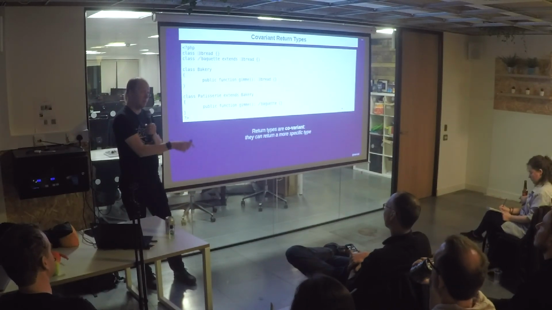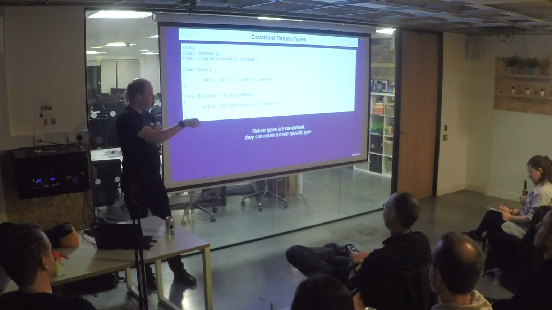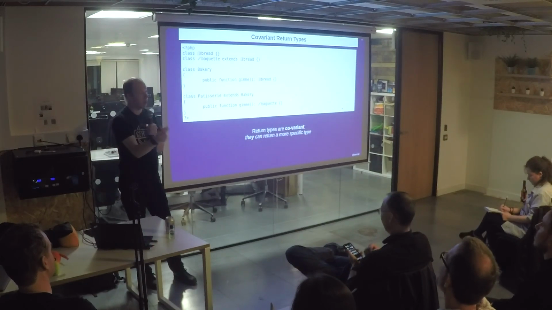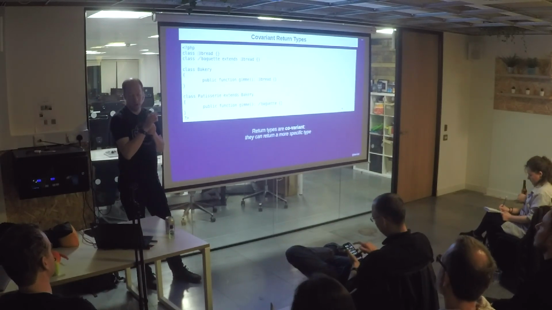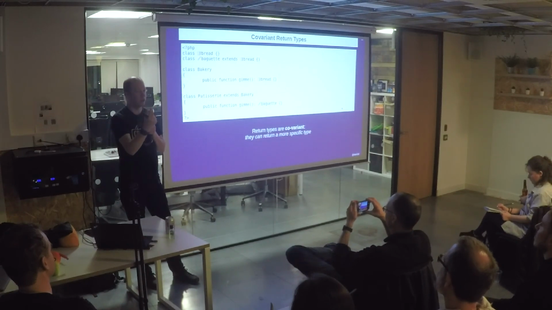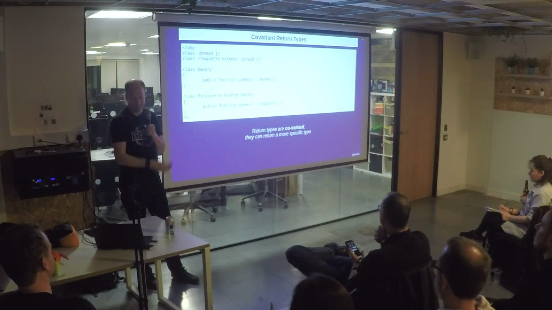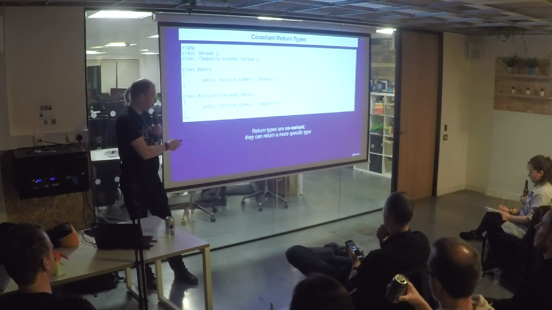Now, what you can now do in PHP 7.4 is that you can change this return type to something that is the same type or something that is more specific. Because that means that anything that calls the gimme method on this object would always be able to know how to deal with the data that comes back because it's of the same type or a more specific type. What you can't do is return a wider type, because then the original calling class not necessarily knows how to deal with that wider class. This is called covariant return types.